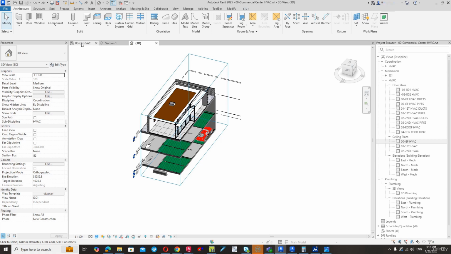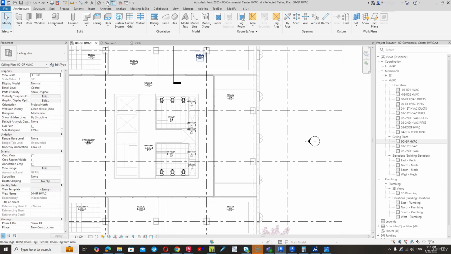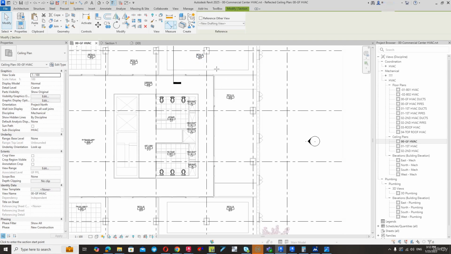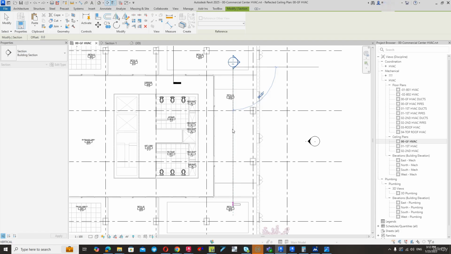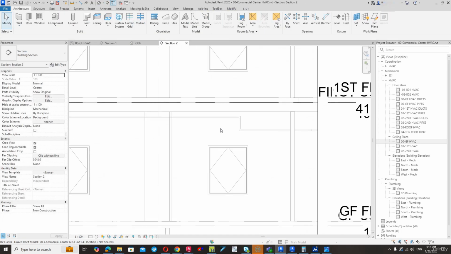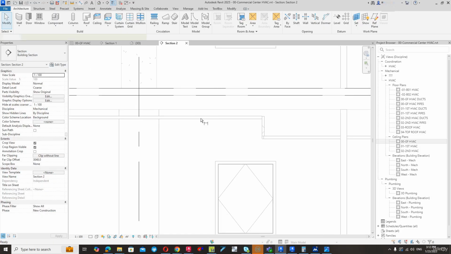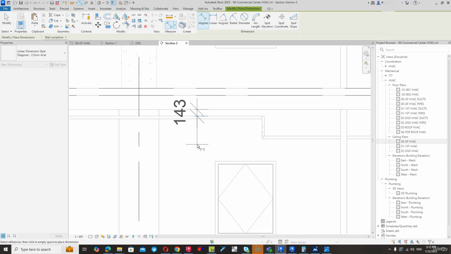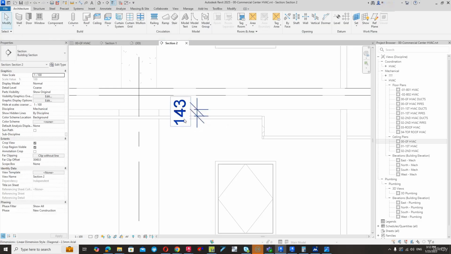I will go to the plan view again, and I will create a section to reflected ceiling plan, and I will create a section like this. Go to view. This is the ground floor and this is the false ceiling. I will make a dimension between the slab and the false ceiling. As you can see, we have this distance 143 millimeter,